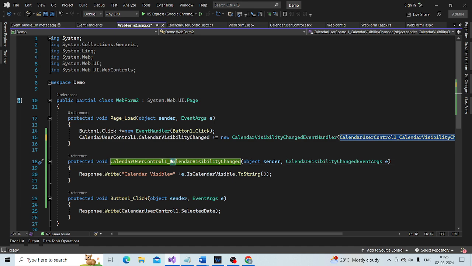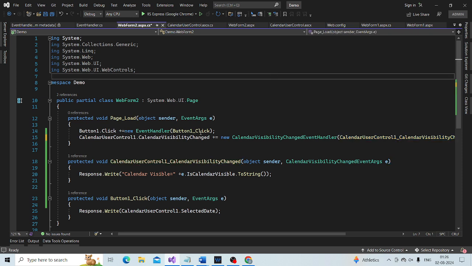This event is raised when we click on this image button, meaning the post back event happens after the page load event.